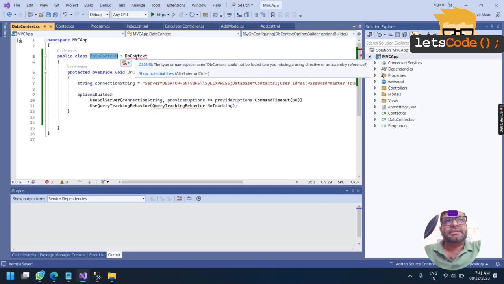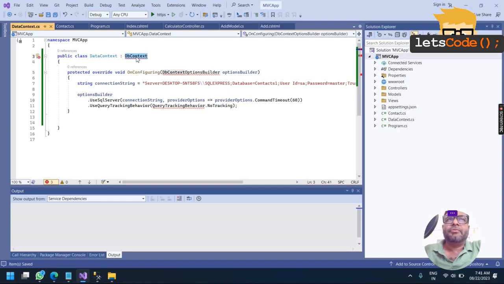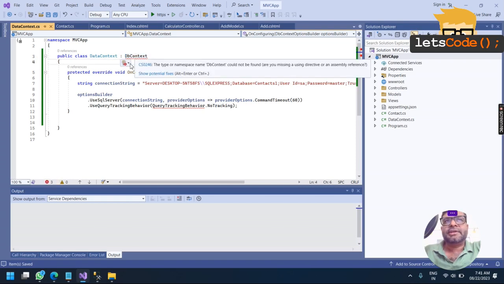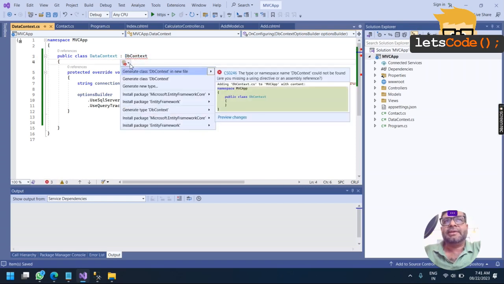This DB context is the Microsoft .NET Entity Framework core class that has so many methods that help us in connecting with the database. So here one more thing comes into picture, the concept of installing packages into .NET, because .NET framework is very vast. Not every class, not every library is given to you in the beginning itself. So it's on demand. Whatever you want, you can use. So it says DB context is something it is not able to recognize.